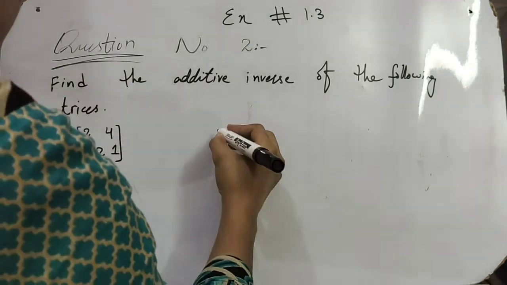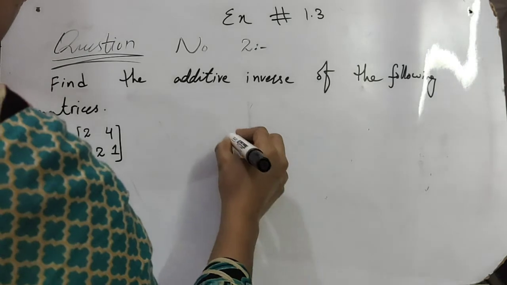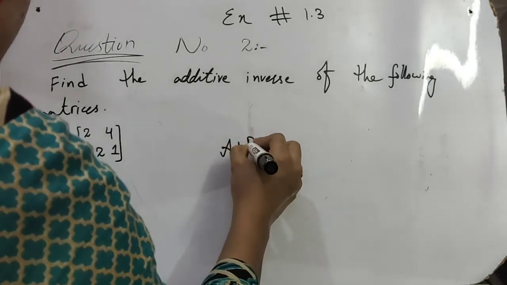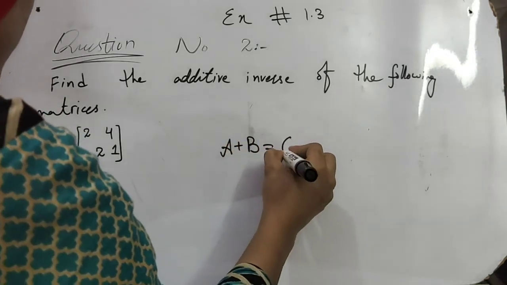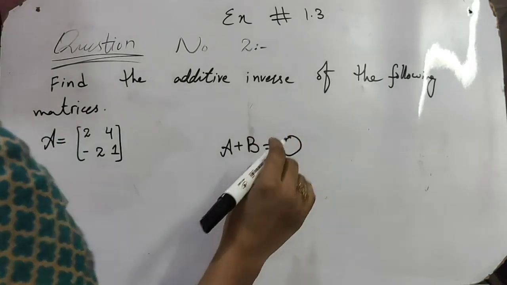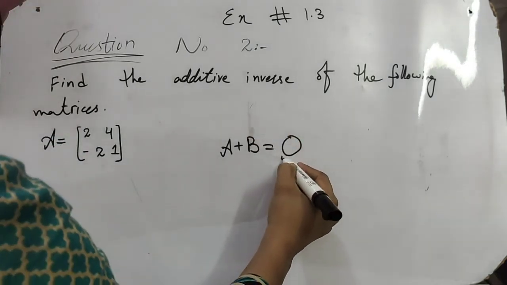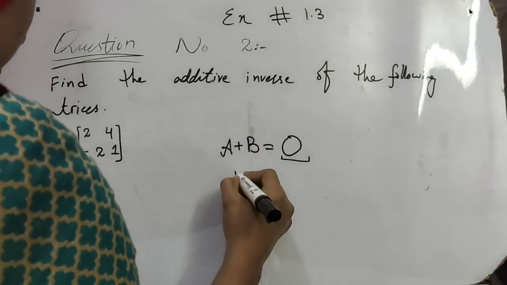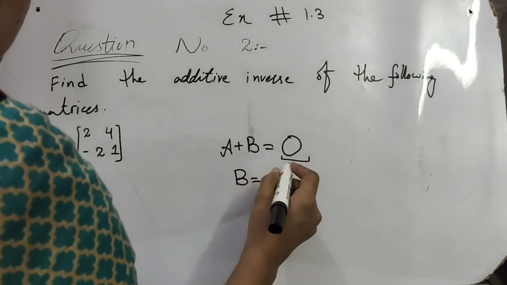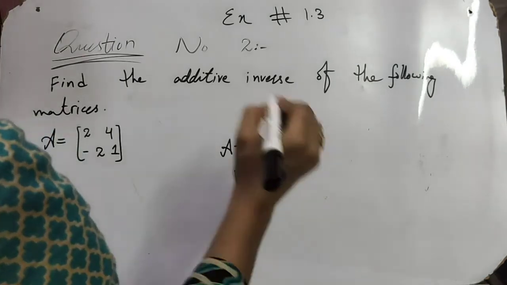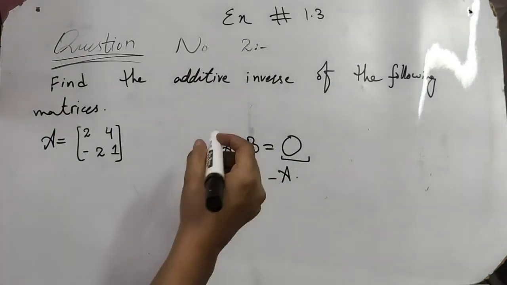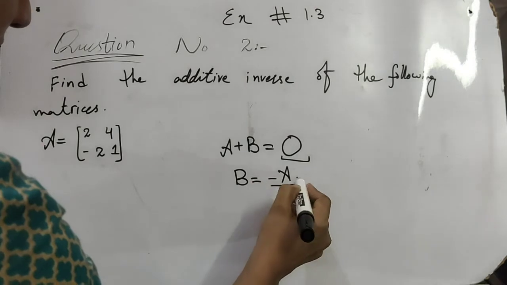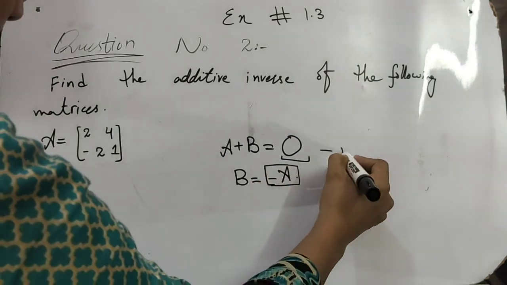2, 4, minus 2 and 1. By the definition, we know that A plus B equals to O. Okay, and what is the O? O is a 0 matrix. Okay, so B is equals to minus A. Okay, if we put B is equals to minus A,